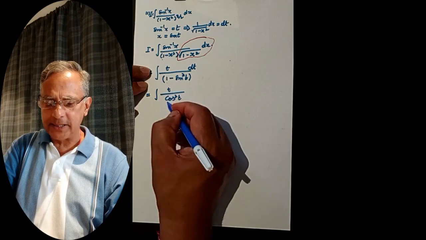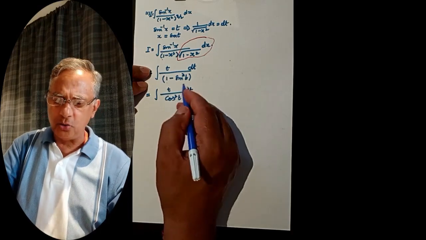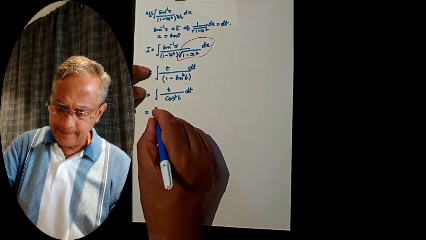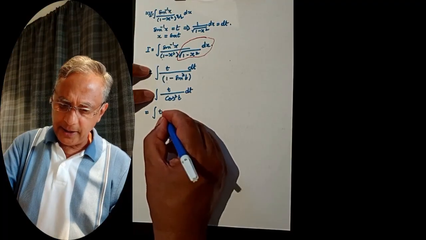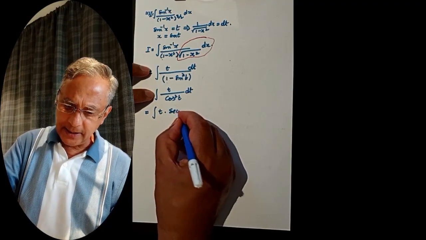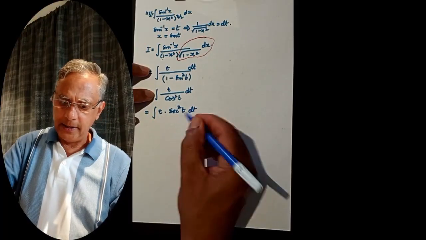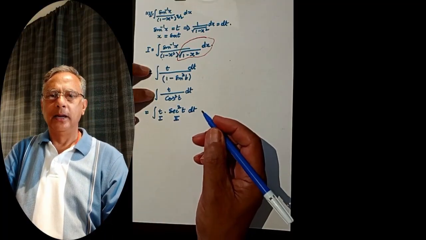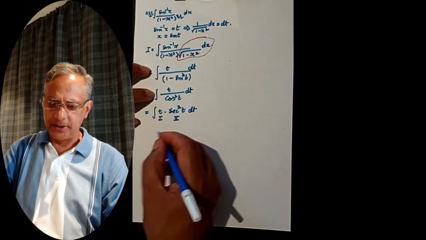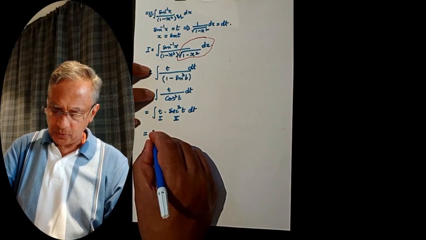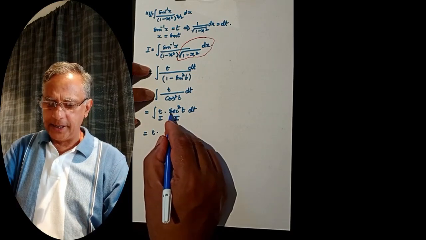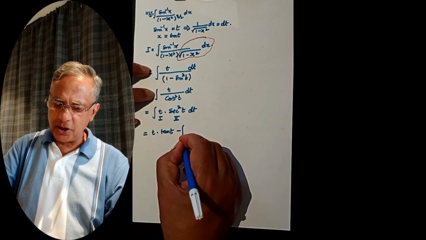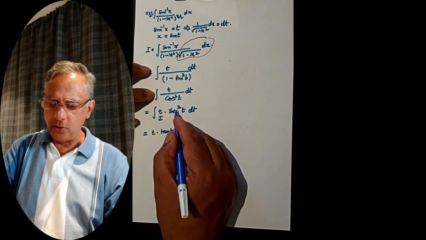Change this in terms of a single term. It is always beneficial to change the denominator into a single term. So this can be written as integral t into 1 over cos, which is secant square t. So this can be written as first function and this as second function. Now we will do integration by parts. So this is equal to first function into integral of this. Integral of secant square t is tangent t, minus integration of differentiation of first, which is 1, into integration of this